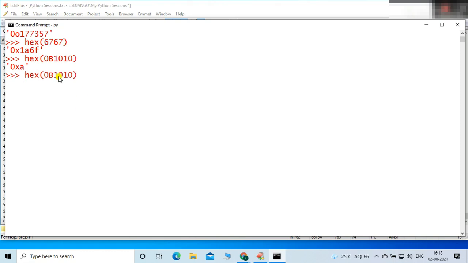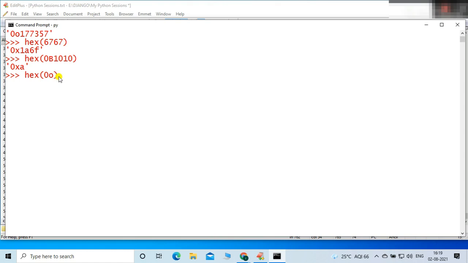Let me provide another number system value or any base value. So let me provide an octal number value. How to represent an octal number? 0 is common everywhere. Then 0, then small o or capital O, you can use. Both are optional. I have used small o here to avoid confusion. Suppose I type capital O, somewhere you will get confusion. That's why I use small o.